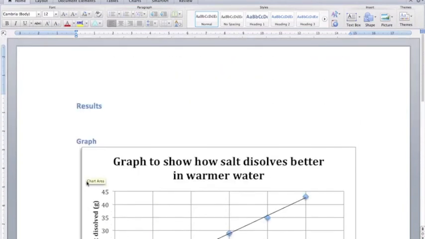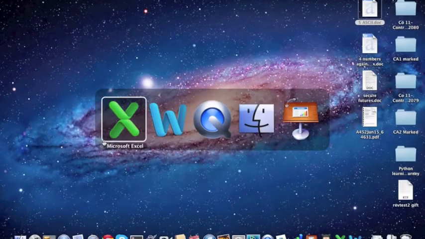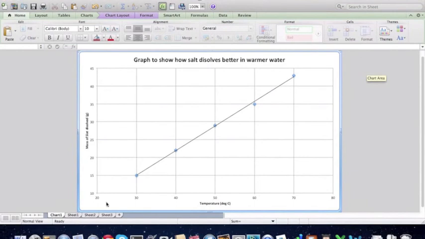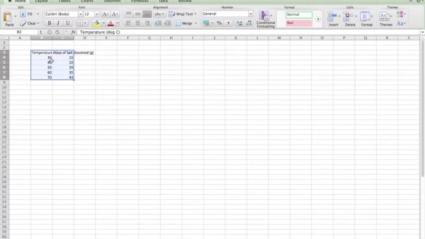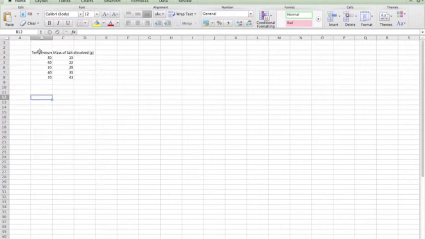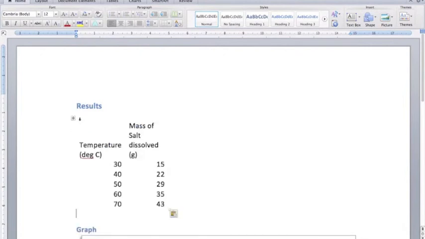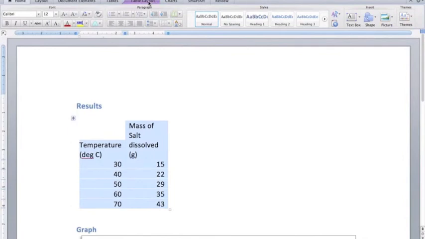And in the results, we'll go back into Excel, go back to sheet 1, and we're just going to copy the results we had. So highlight, Control C or Command C on a Mac, go back to our Word document, and we can paste them. So Control V. Not very pretty at the moment, but using Word we can highlight this and